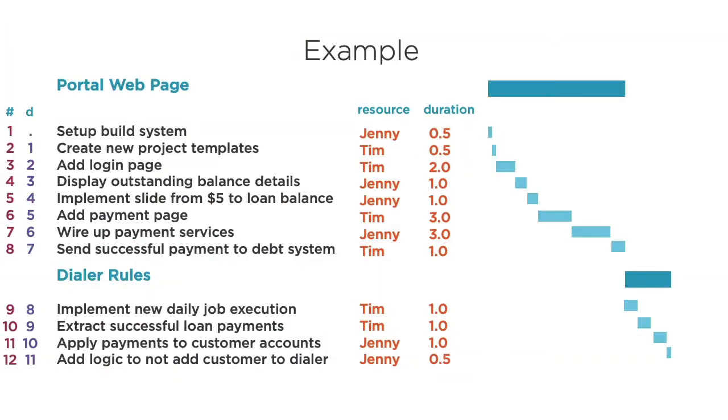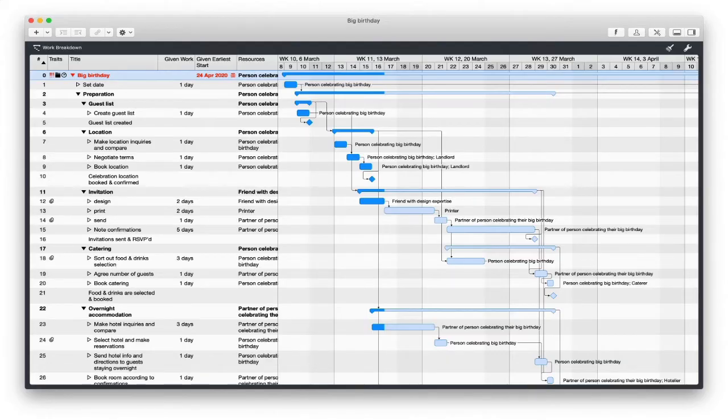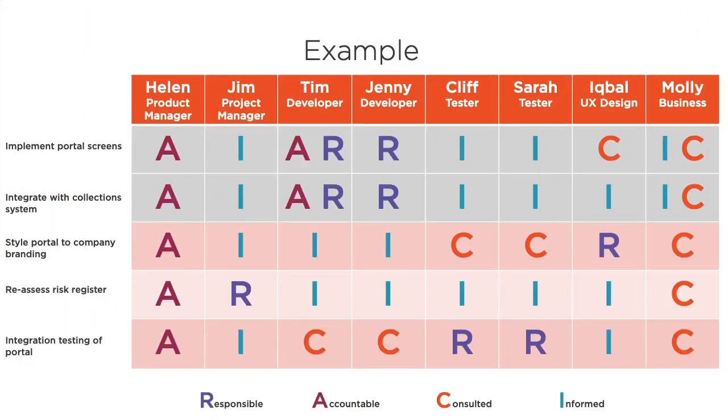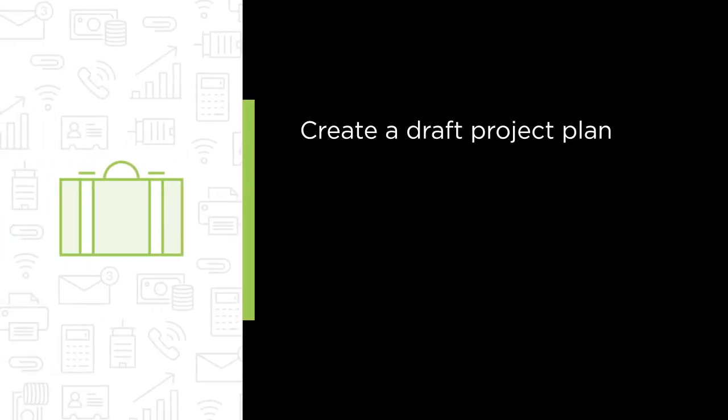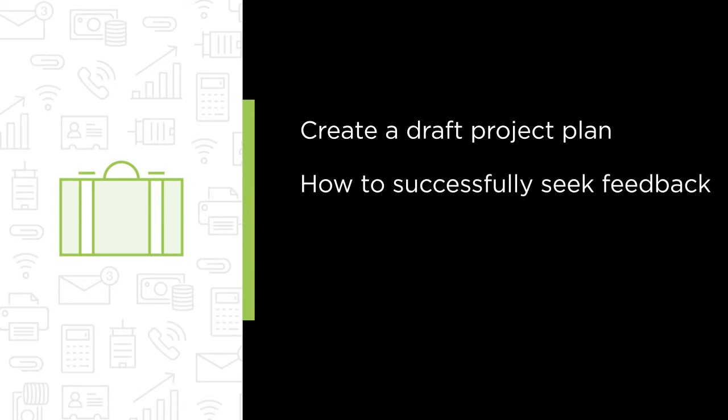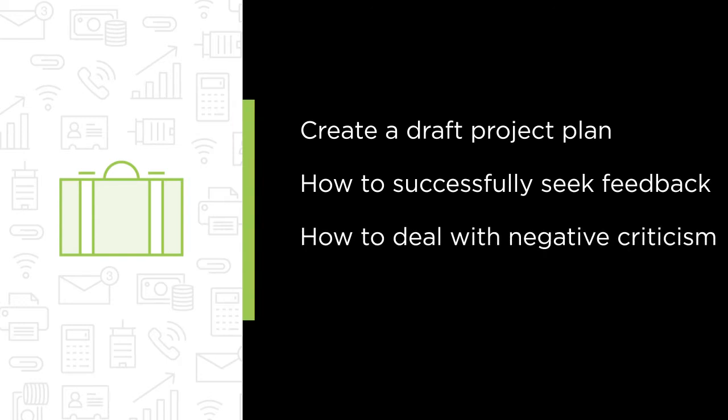As a product or project manager, effective planning of your product's requirements and how you plan to run the project are essential. A key part of this is that you'll be able to create a draft project plan. In this course we will look at how to create a draft project plan by following a 7-step process, how to successfully seek feedback on your plan and then implement feedback comments, how to deal with negative criticism, and finally